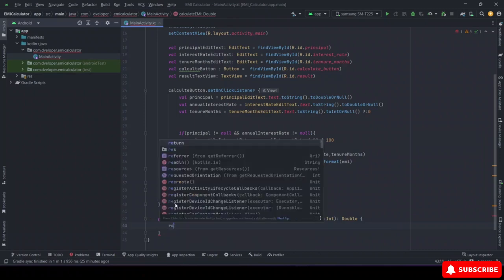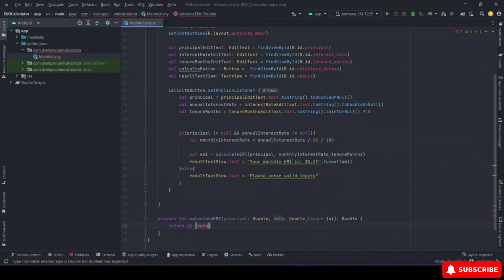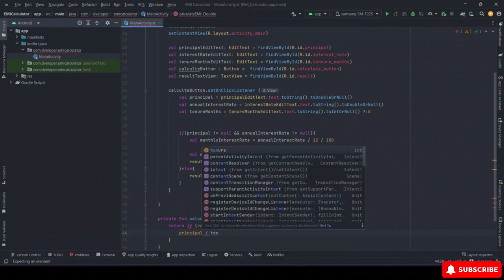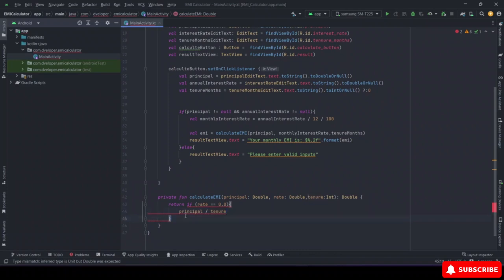Inside this function, we will check if the rate is equal to 0.0. If it is, we calculate the EMI using the formula principal divided by tenure. However, if the rate is not equal to 0.0,